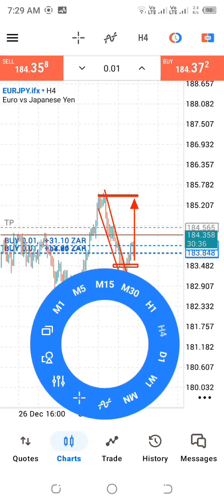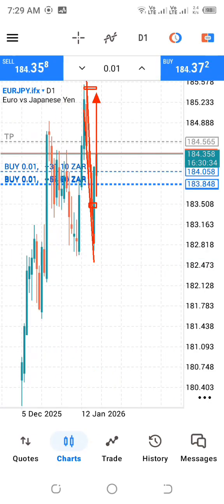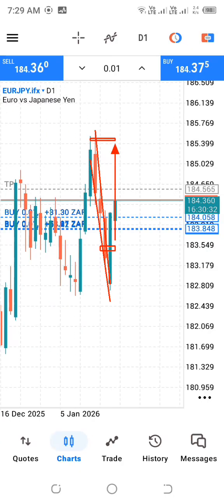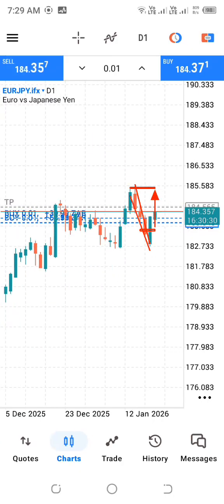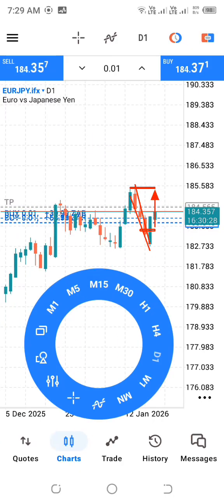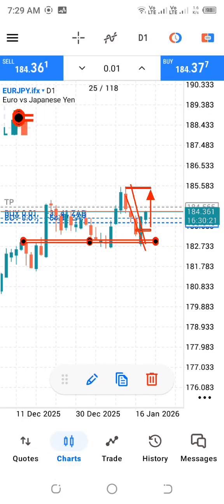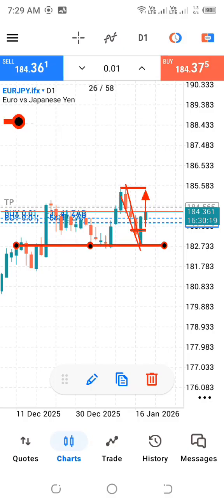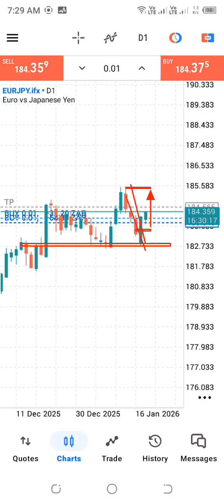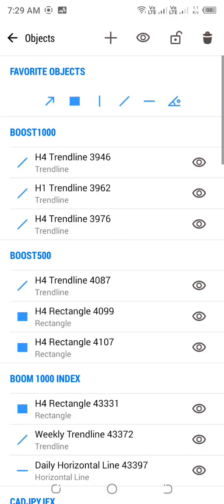Right, let me start from the daily time frame. On the daily time frame we're going to see what we have here. We have a double bottom here. In fact, you see this area. You can see this area. This area is called